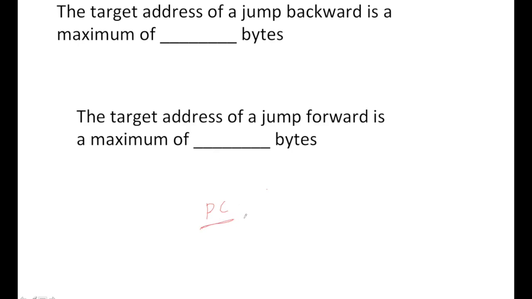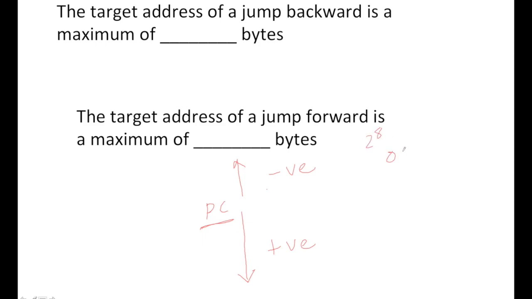So forward jumps are jumps in the positive direction and backward jumps are jumps in the negative direction with respect to the program counter. So if you consider that our short jumps are limited to 8 bits of relative address, this 8 bits